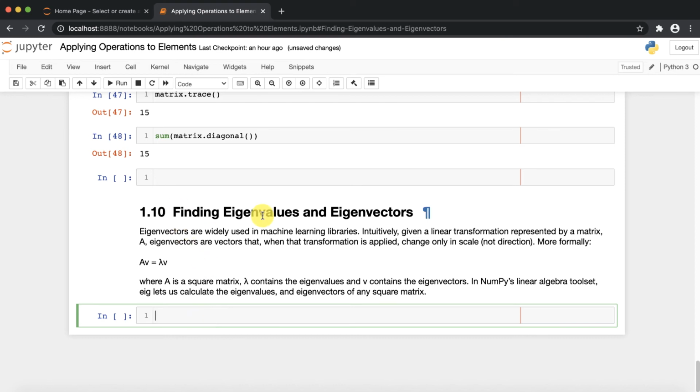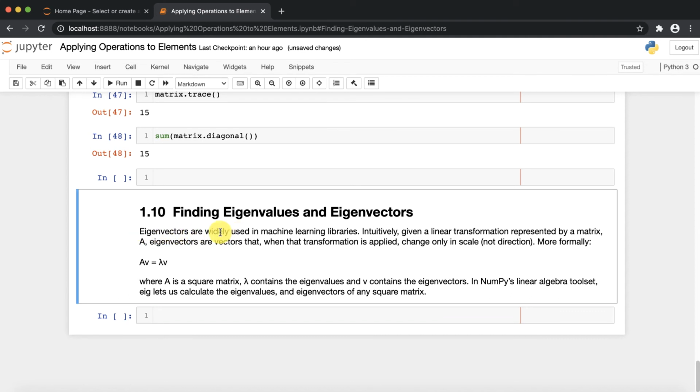So finding the eigenvalues and eigenvectors, right? So this is a very important function. Okay, then how can you find the eigenvalues and eigenvectors? So first of all, let's understand what is the meaning of it. Eigenvectors are widely used in machine learning libraries, and they relate to linear transformations represented by a matrix A. Okay, eigenvectors are vectors that, when that transformation is applied, only change in scale, not in direction,